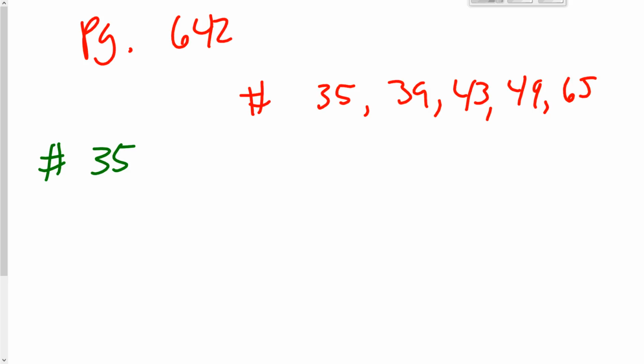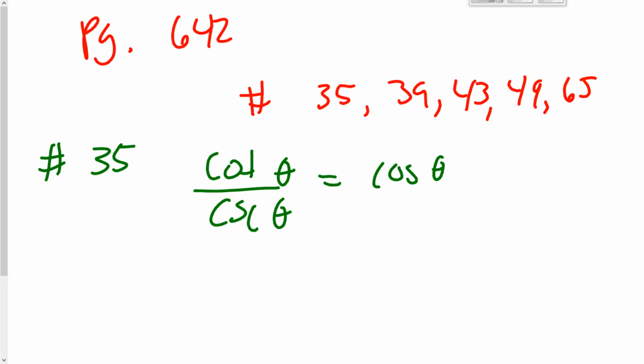So you might have to check the back of the book, see what the back of the book says. But here we're going from cotangent of theta over cosecant of theta, and we want to make that look like cosine of theta. Well, we need cosine, right? And these are cotangent and cosecant, so we probably should put them in terms of sine and cosine. So cotangent is cosine of theta over sine of theta, and then I'm dividing by cosecant,